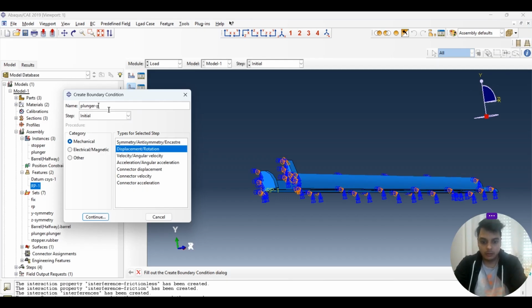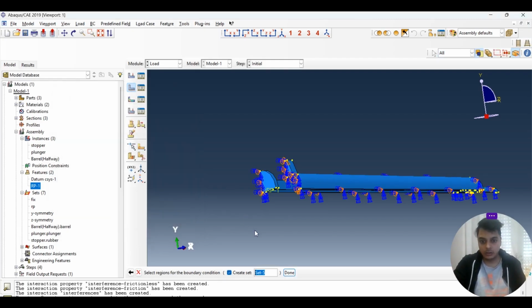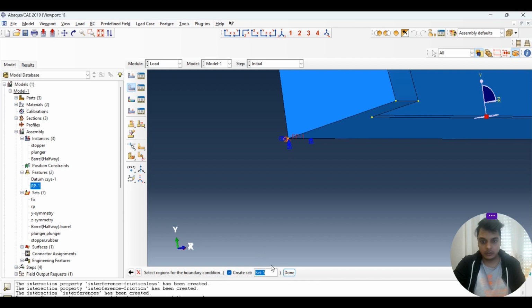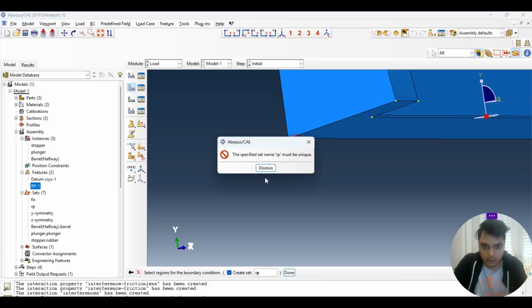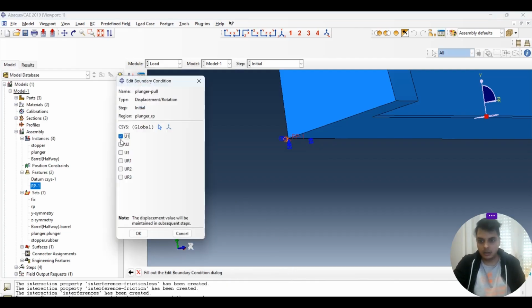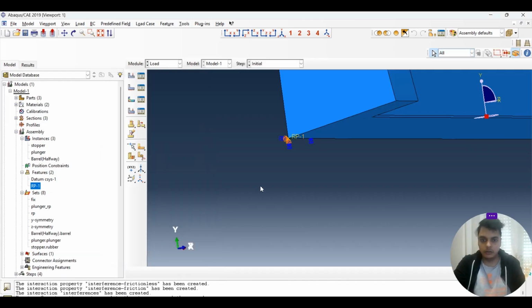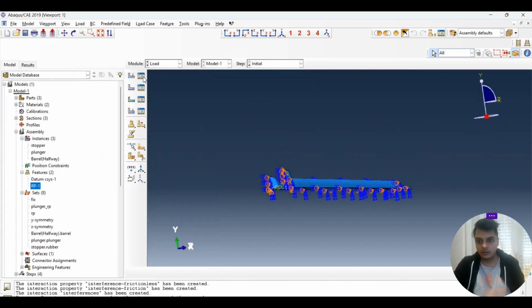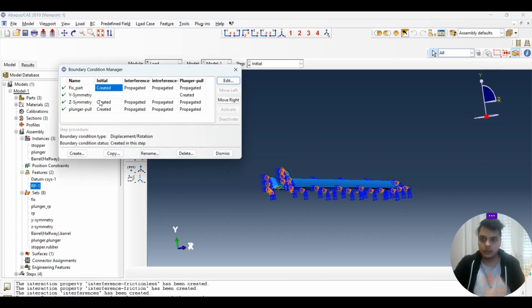Plunger pull. So I want to define it on the initial step, and later I will define the displacement while checking it in the manager. And it's selected here, this one. RP again, let's see. Okay, so it should be unique. Plunger RP. Now I define all of them as 0 as the initial, but we know we can just go to the manager and